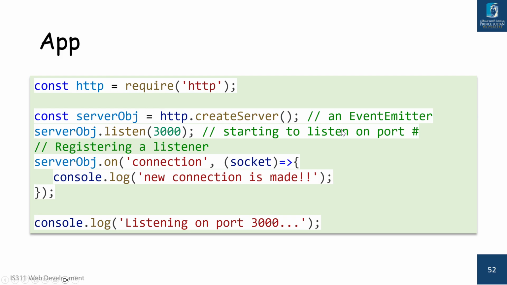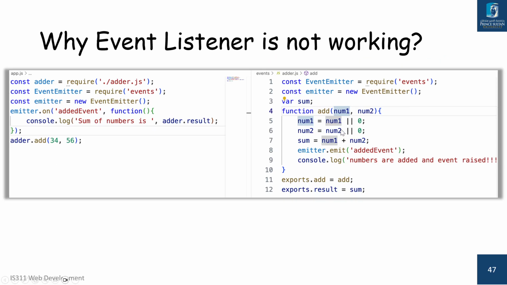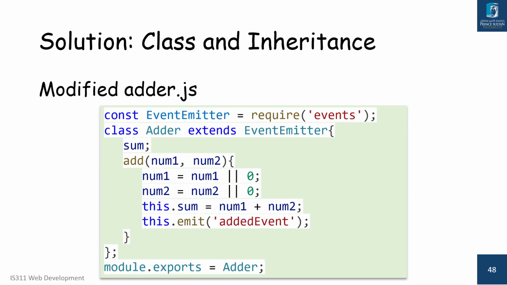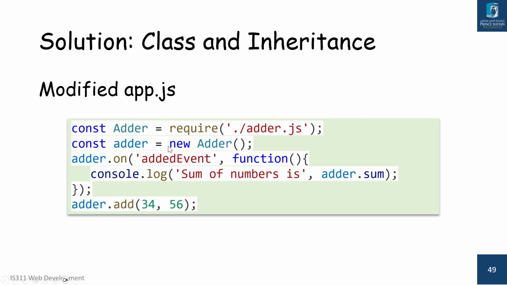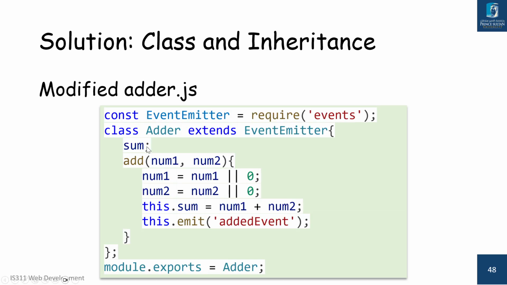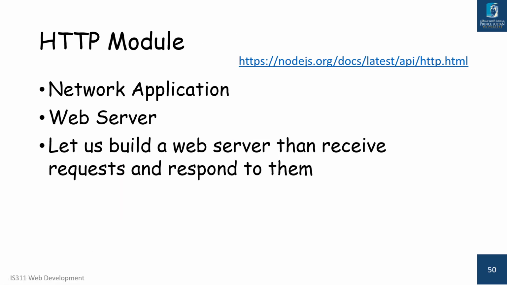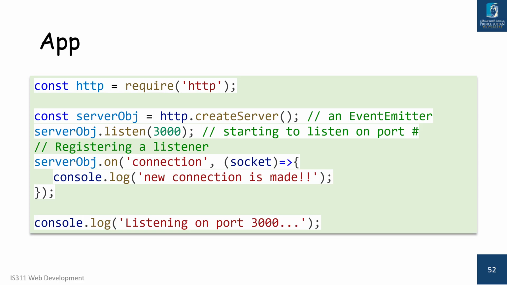Remember that in the last lecture we created an adder class, and made it an EventEmitter. It means on the object of this class we can define events. So that is what we are telling it, that when a connection is created, on that specific event, listen 3000